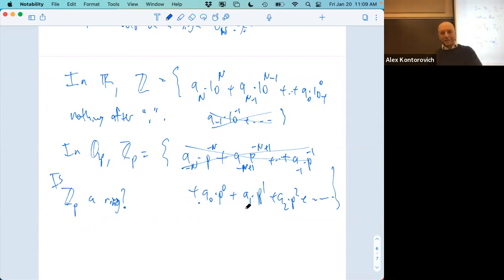Yeah, you can sort of see it just on the level of what that multiplication will do. If you multiply two things like this, it'll never introduce negative powers of p into the expansion. That's certainly so. Yes, you can see it from that point of view. Is there another reason, Philip? It's also an inverse limit. Right. We'll get to that in just a second.